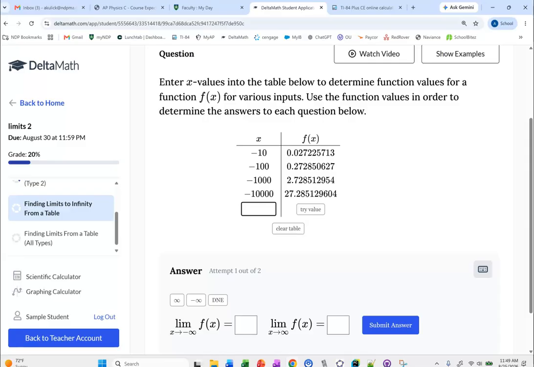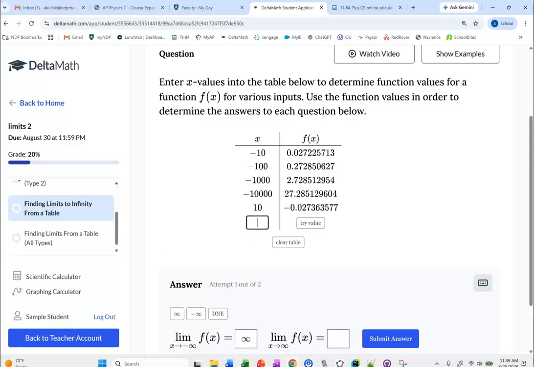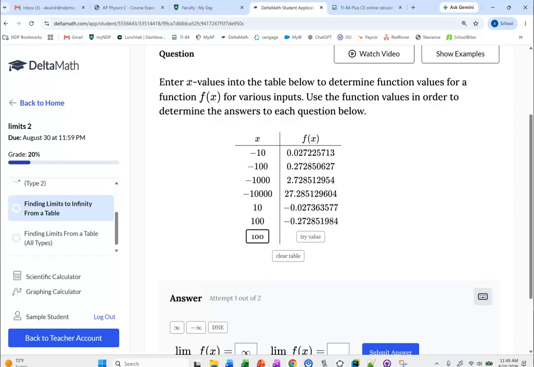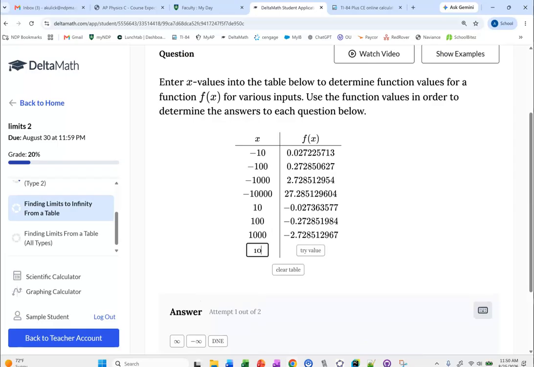So this to me looks like it's going to positive infinity, right? Because I keep getting bigger and bigger and bigger, and the growth isn't slowing down. It keeps going up by a factor of 10. This looks like it's continuing to head on up to positive infinity. Good. Now we'll do the same thing for positive infinity. We'll just do 10, 100, 1,000, 10,000 if we need it, and we can do as many as we want. But based on the numbers and how things are changing,